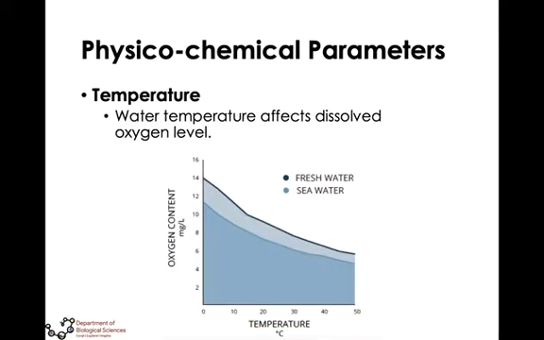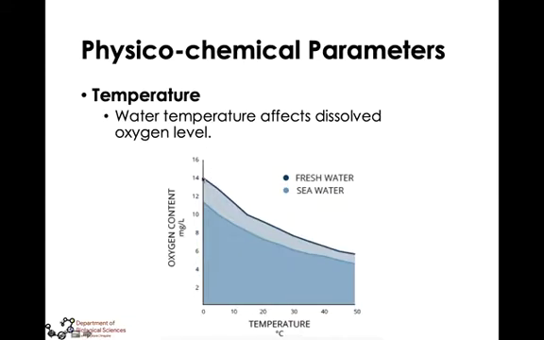Okay. So temperature also affects dissolved oxygen in bodies of water. So as you can see dito na portion, ito yung graph na nagsasabi that in lesser temperature, mataas yung oxygen level at in higher temperature, mababa yung dissolved oxygen level. Bakit? Kasi temperature affects the solubility of oxygen in water or in bodies of water. So, ibig sabihin, at higher temperature, mas less soluble siya as compared to lower temperature.